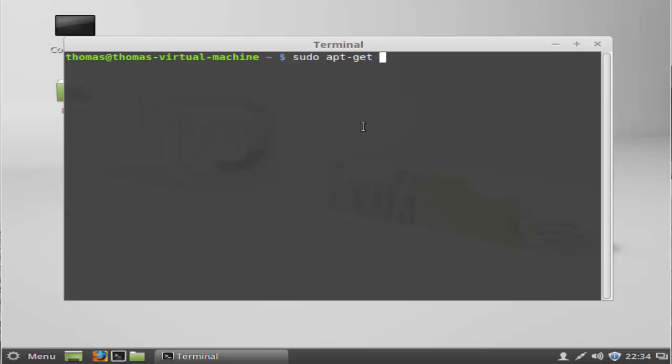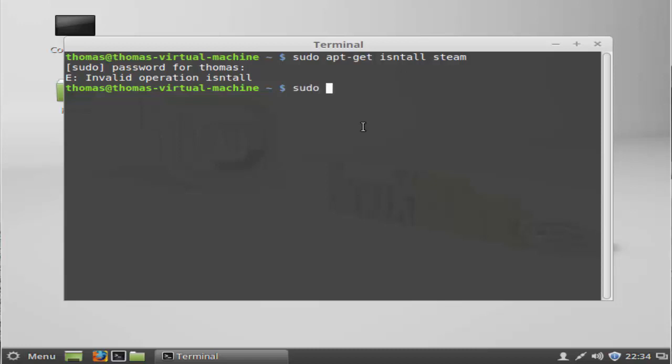It's mainly applications, obviously. So let's say if you want to install something or remove it or purge it, for example, this is how you'll do all that. So sudo apt get, and then you go install, and then I want to install Steam. Steam, and I just enter my password. Invalid operation install. I spelled install wrong. Sudo apt get install Steam,